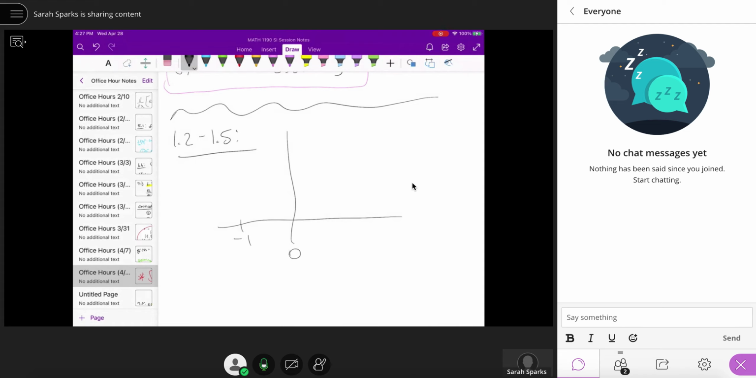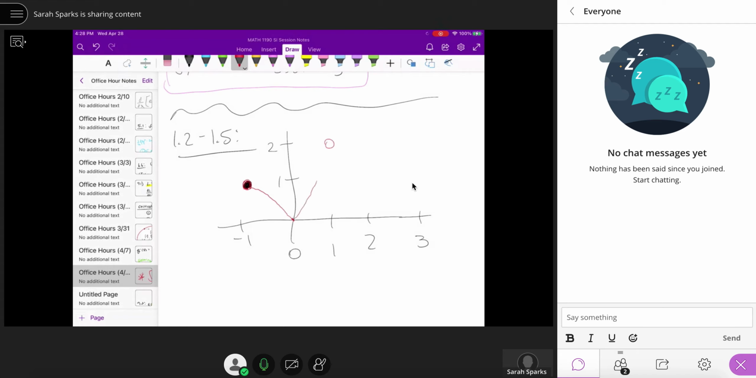This is -1, 0, 1, 2, and this is 3. And we have 1, and then 2. All right, so we have a closed circle at -1, and it goes down like that to the origin, and then it goes up to an open circle for 1 at